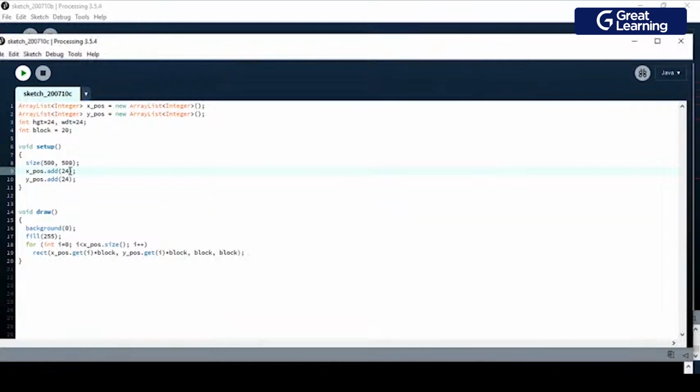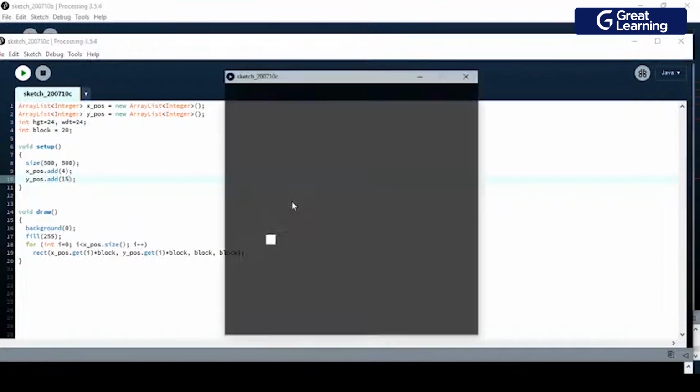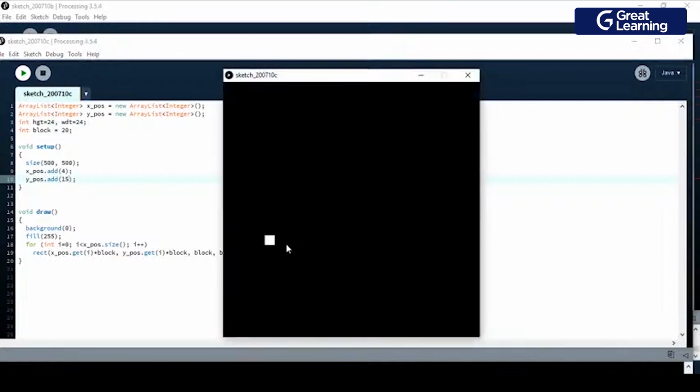That I have shown. Okay, now let me just go back and put it as 14 and 15. Now you see we have created our pointer, right? When you try to run this, it will start moving, and then we will make him eat, make him die. Okay, this is the starting pointer. You can use any other figure as well, any other shape, right? If you want to use a circle, you can use that.